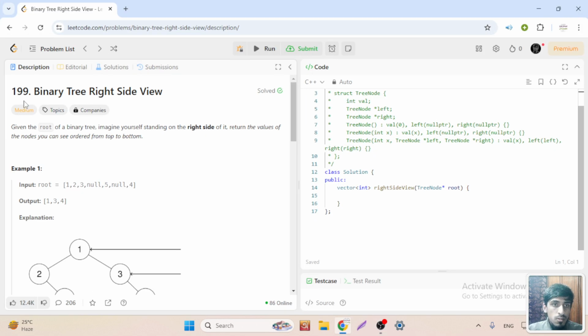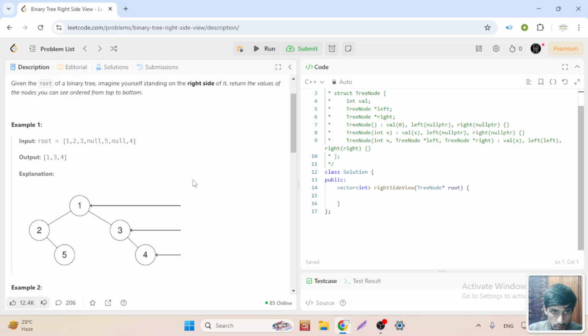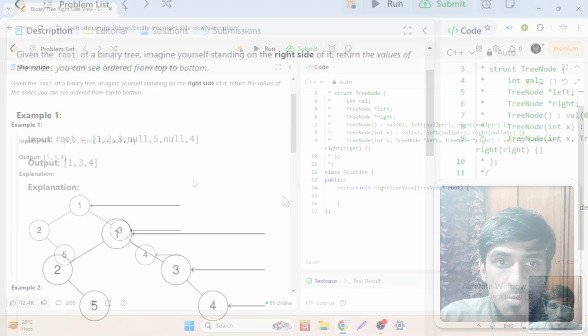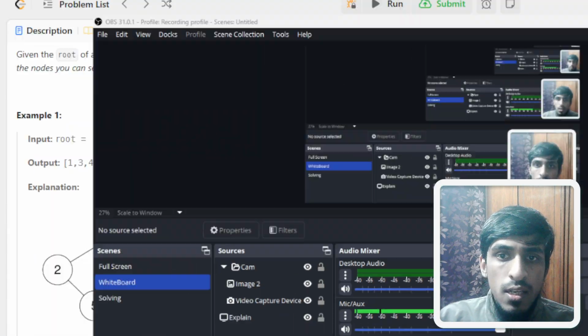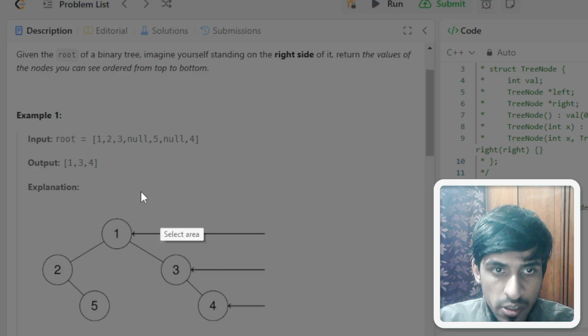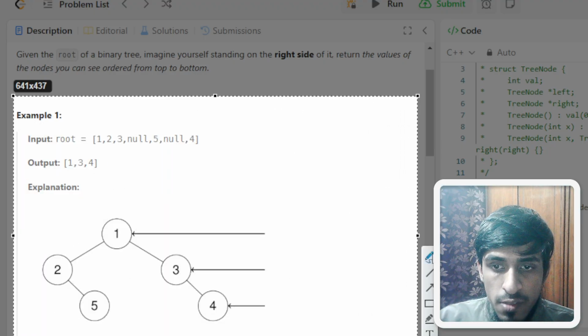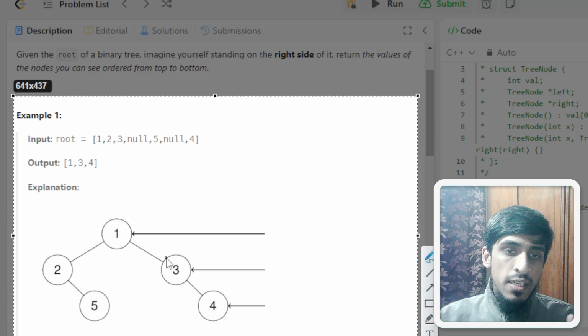Welcome back. Today we will solve 199 of LeetCode, Binary Tree Right Side View. So let's just look at the example. It will become clear. We don't actually need to read the question. So it's very simple. They will give you the tree and they want you to send as output the most